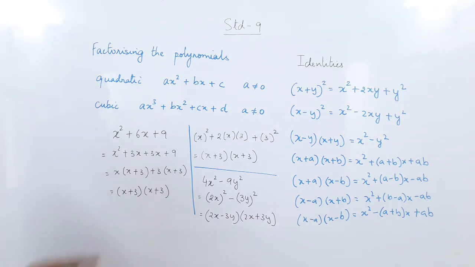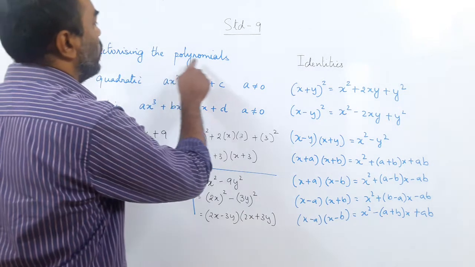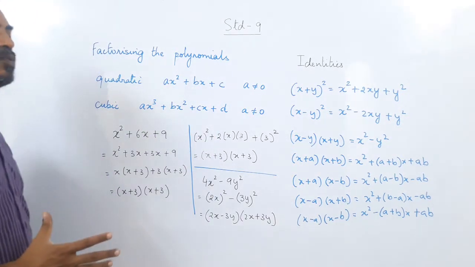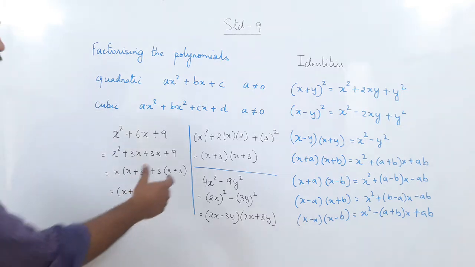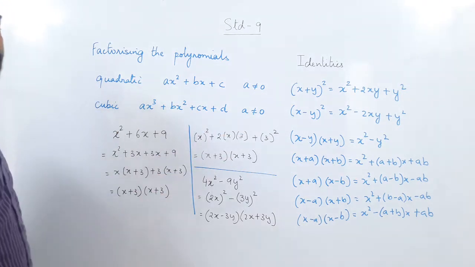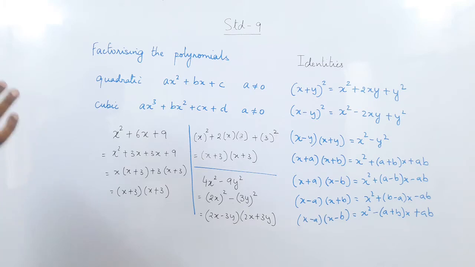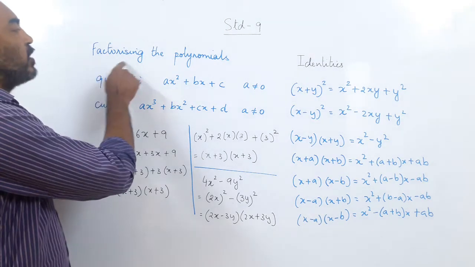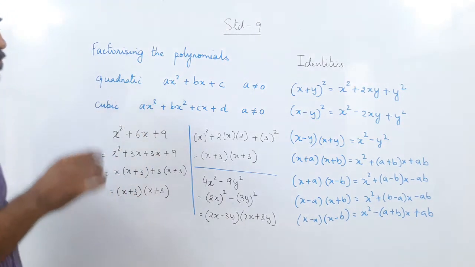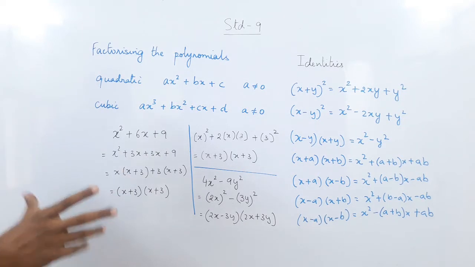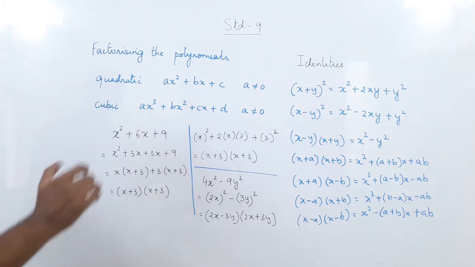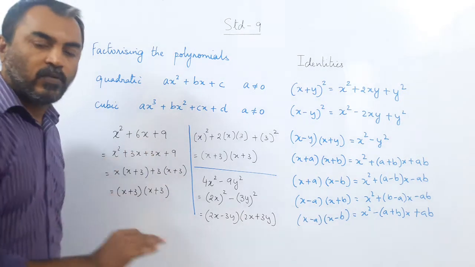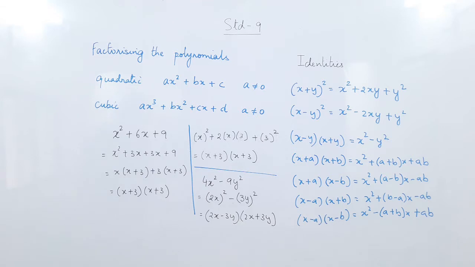So ultimately the chapter is working on what? Factorizing the polynomials. In the first lecture we saw there are many different kinds of polynomials: quadratic, cubic, single variable, two variable, anything is possible. Your basic concept here is to factorize the polynomials. If you have not followed this, you are at liberty to watch all the videos from the start of the chapter again and try to understand this in perfect detail. Now we will do a few sums to practice it further.